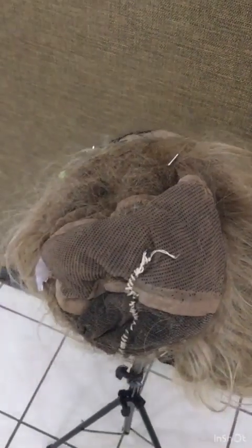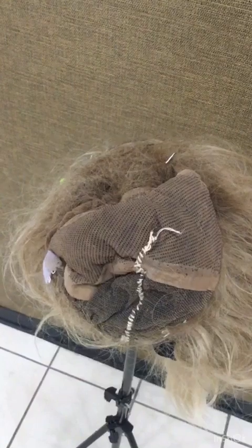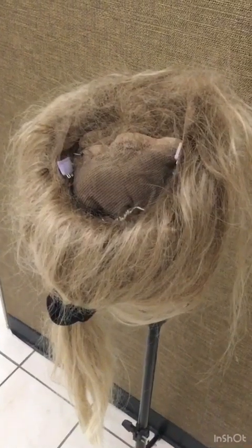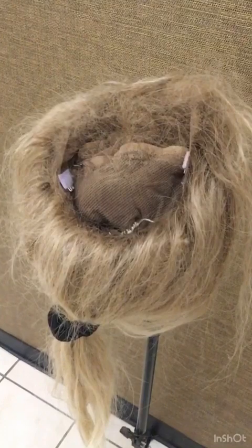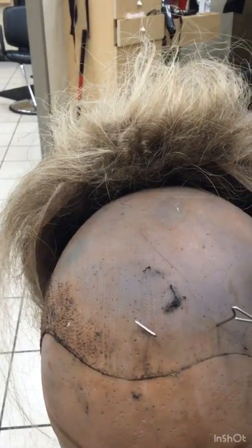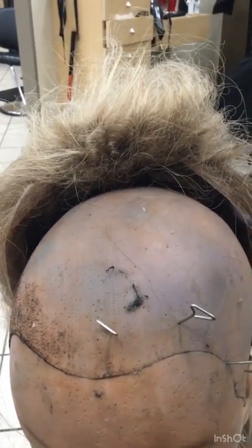It was matted. It started like inner matting inside because there were some holes in the top, maybe about five, and it started getting inside of the lace and matting up. It mats all along the bottom. This is the top part. You can't even see the front part of the lace. If you know anything about wigs,